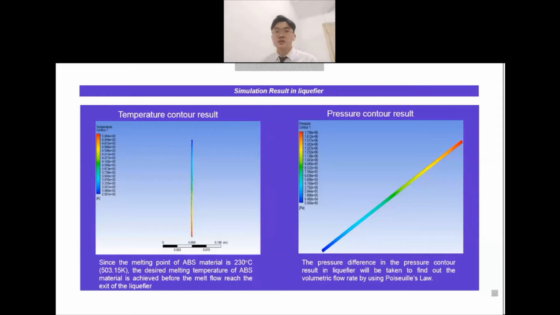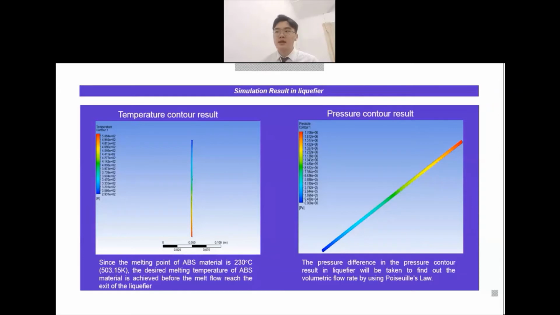The red regions show the maximum values of temperature and pressure, while the blue regions show the minimum values of temperature and pressure. Based on the temperature control result, the temperature at the end of the liquefier is approximately